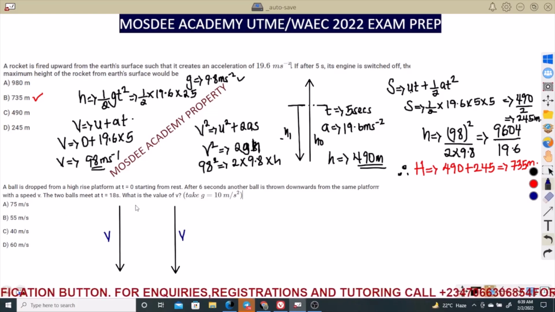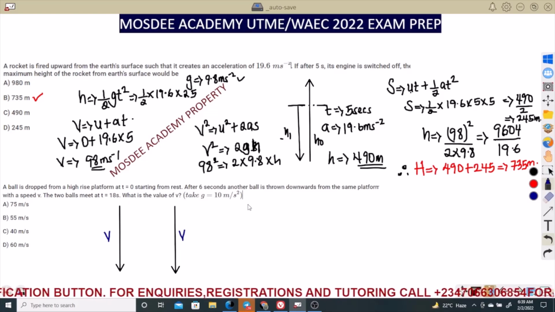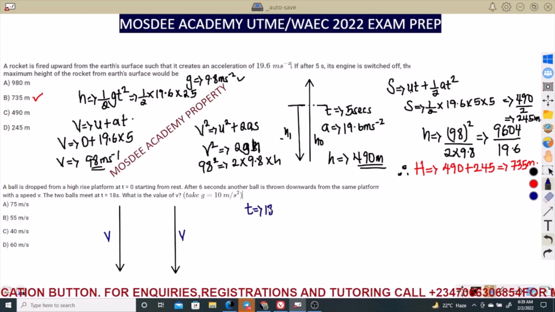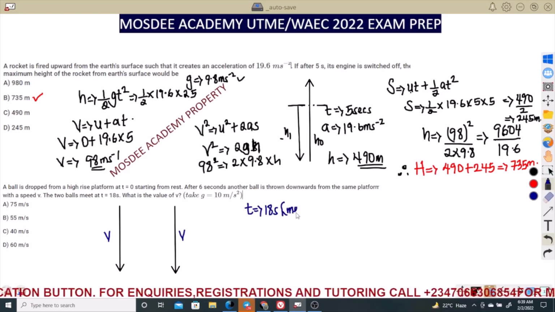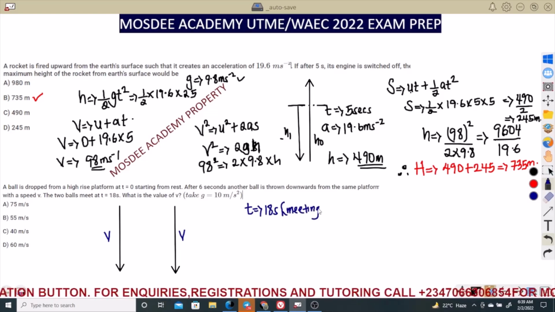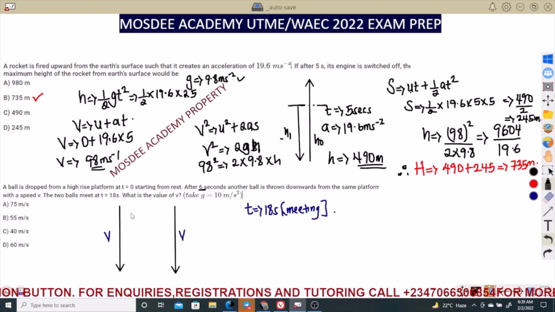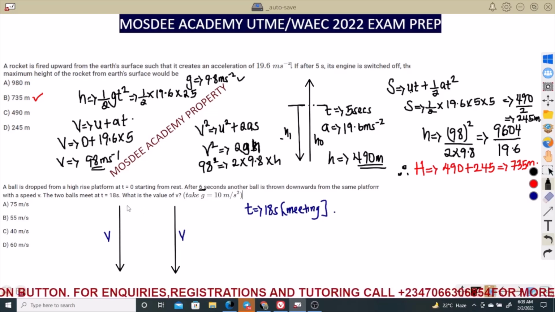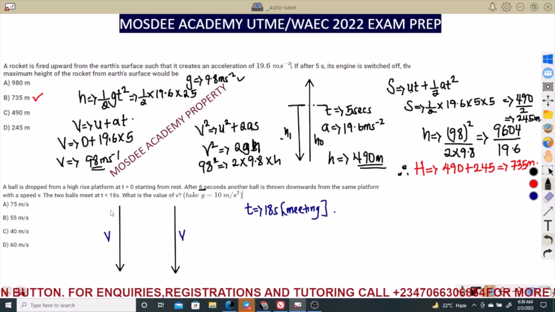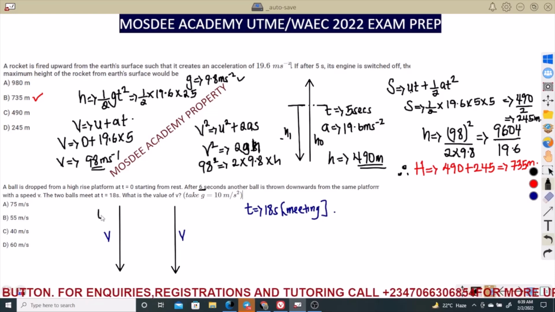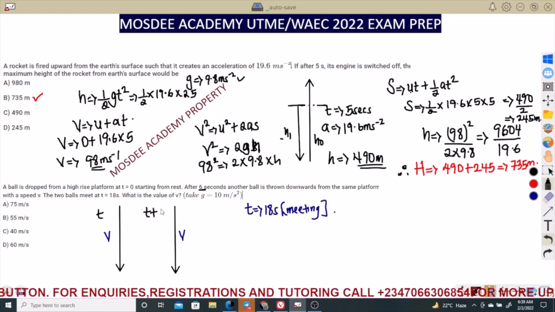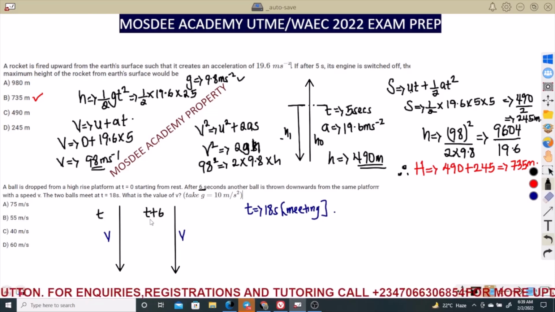Wow. So at time t equals 18, the time they are meeting, t equals 18, is their meeting time. Meeting point, meeting time. So guys, what you just need to understand here is to know the interval between the two balls. If they are meeting at 18, what it means is the interval between them is, if this one is time t, this one is time t plus 6. Just a little bit of your algebra in mathematics.